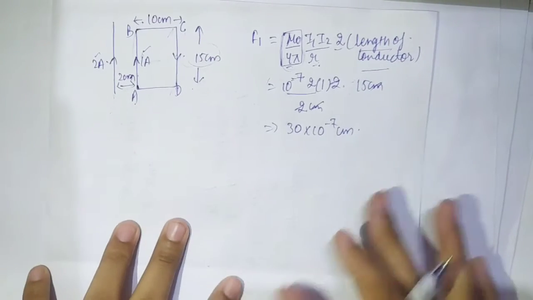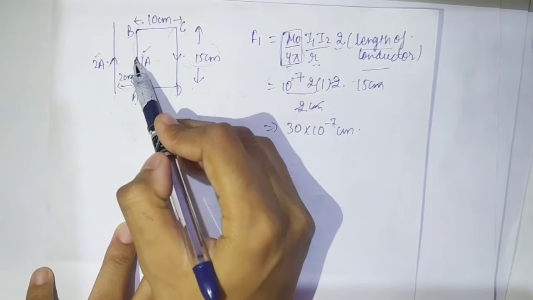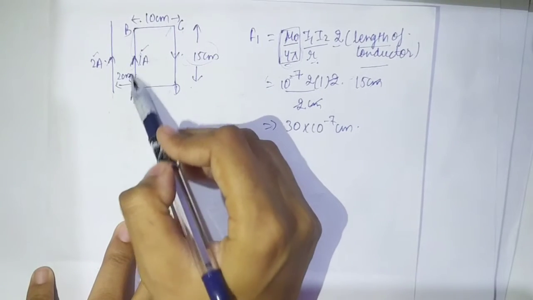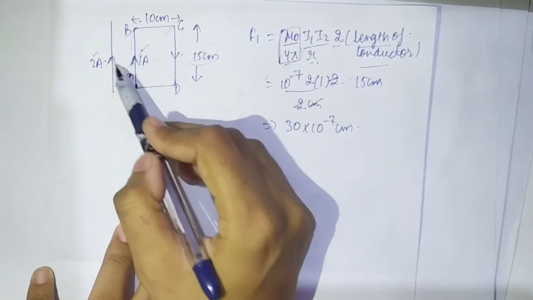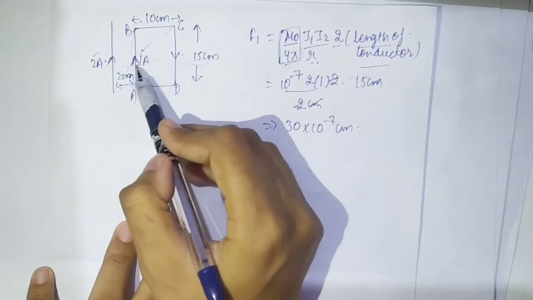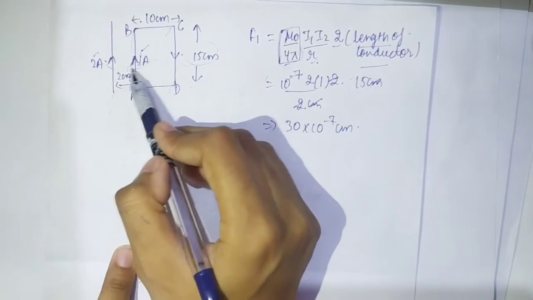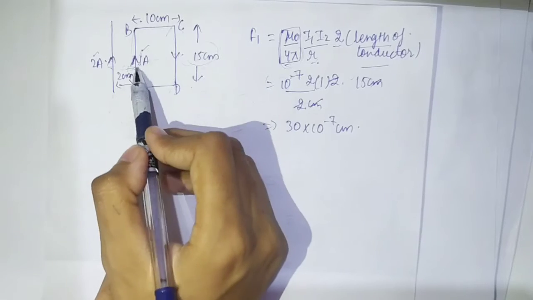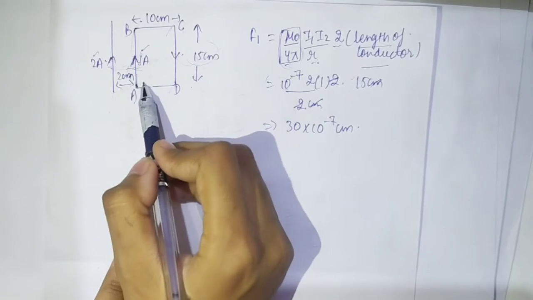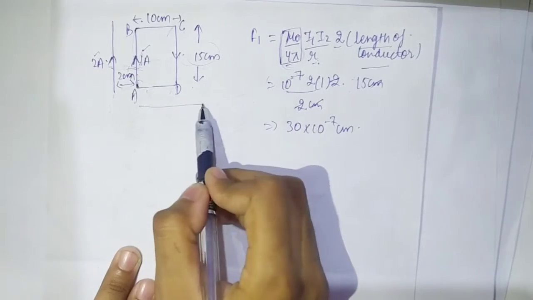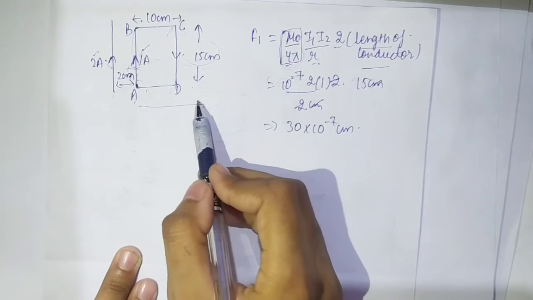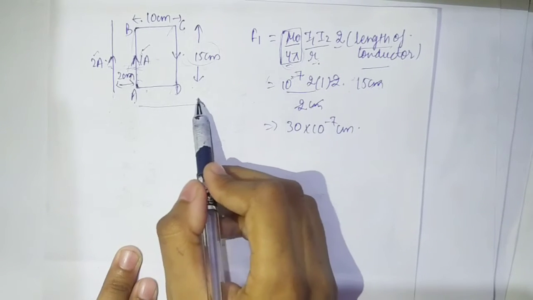And we can see from the loop, these are two parallel current carrying conductors. The current is in the same direction. The loop is carrying current in the same direction, that means the currents are parallel, and we already know the nature of parallel currents is to repel. So due to this arm, the force will be in this direction, opposite, or you can say away from the wire.